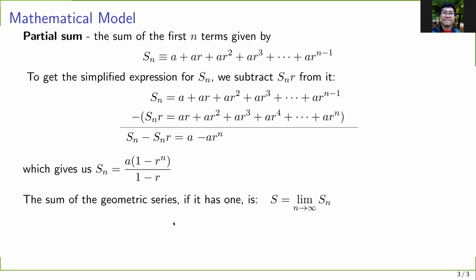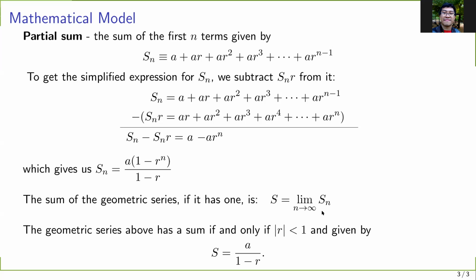So the sum of the geometric series can be written as S equals the limit of Sn as n approaches infinity. For this geometric series, we can find a sum if and only if the absolute value of r is less than 1. We can see easily that if r is greater than 1 or less than negative 1, this value keeps on increasing. The magnitude keeps on increasing, so Sn will not tend to